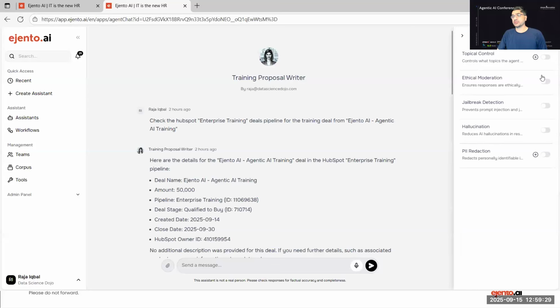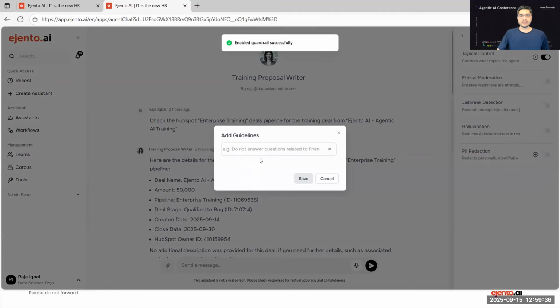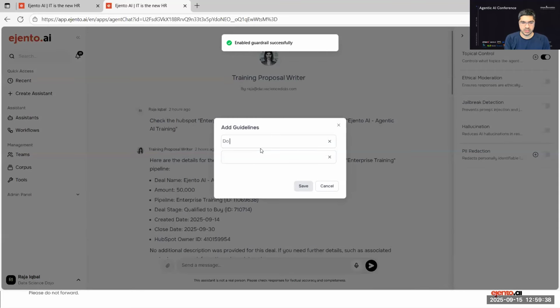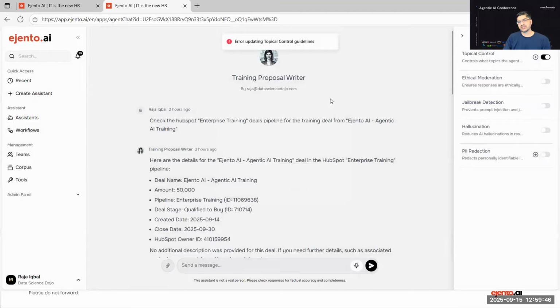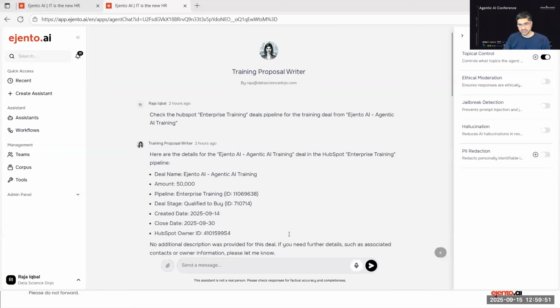I can also set up some topical guardrails, right? Let's say I tell it, do not talk about agentic AI training. So this is my guardrail. When I go and save this guardrail, I hope that it was updated.